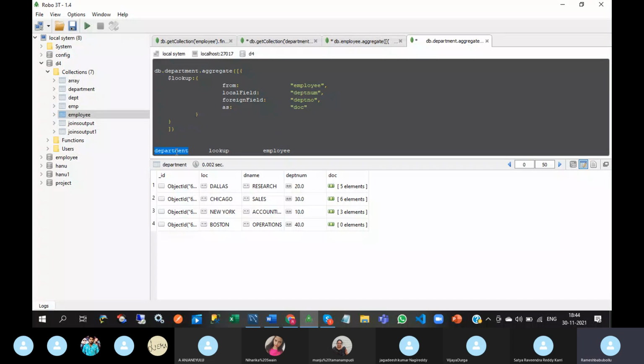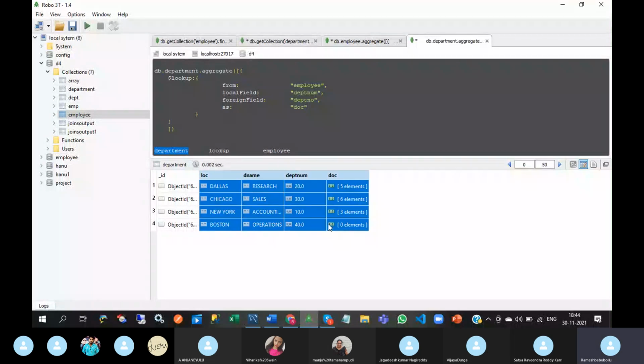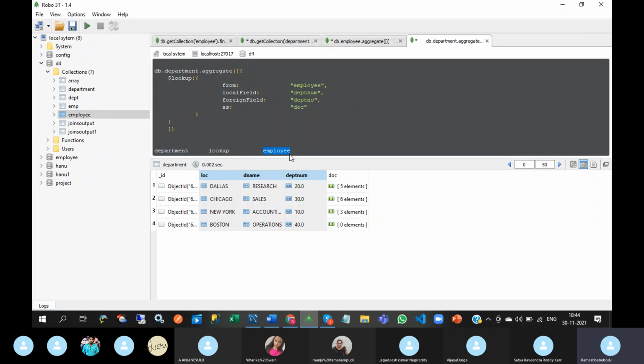That means the documents available in the department collection will be displayed, and the corresponding matched documents available in the employee collection will be displayed under this doc field.